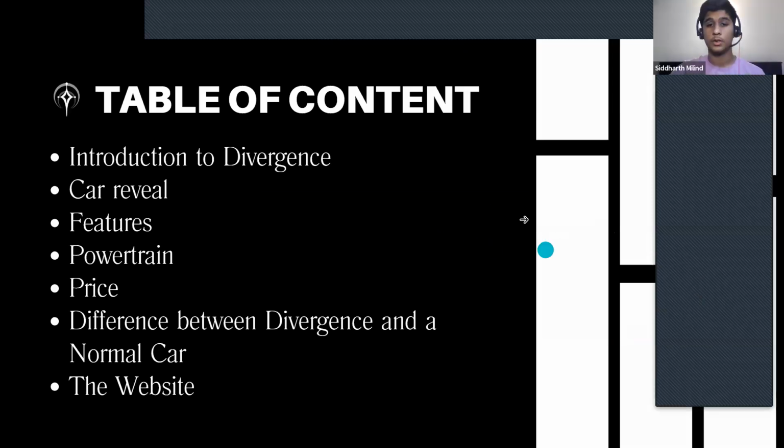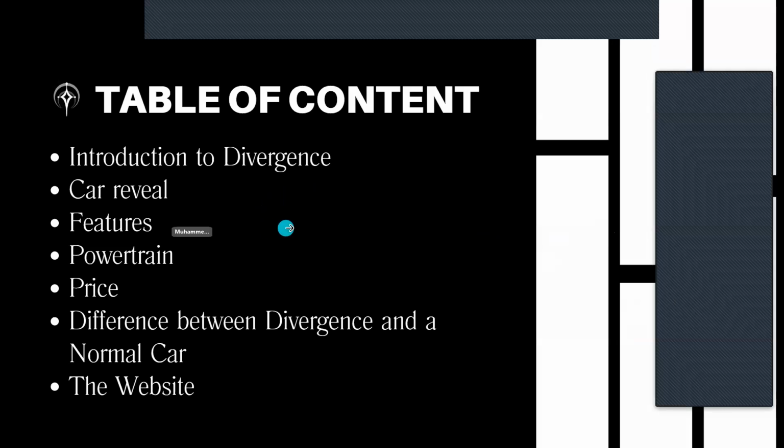It's a cursor. Is Aisha there? You can hear me, right? Yes, we can hear you. Somebody's drawing on the screen. Could you please stop? You can disable the annotation.